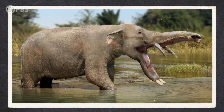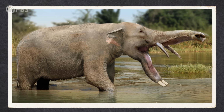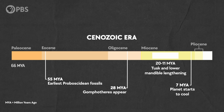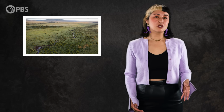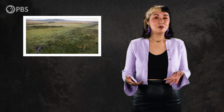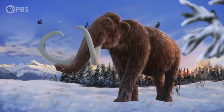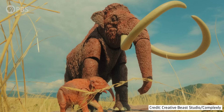Because the now grabby-nosed, ridge-toothed animals were once again faced with a changing climate. This time, the consistent warm temperatures were threatened with an impending ice age. As a result, the once productive grasslands were faced with big seasonal shifts, resulting in less food availability to support all of the proboscidean species that had evolved. Cue the origin of mastodons and woolly mammoths, which helped proboscideans branch out into colder climates and weren't limited by